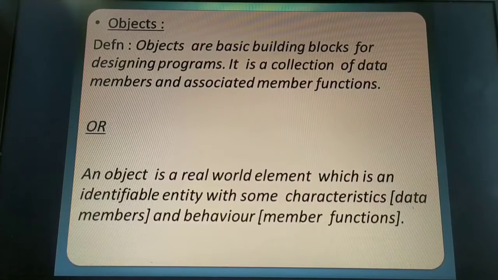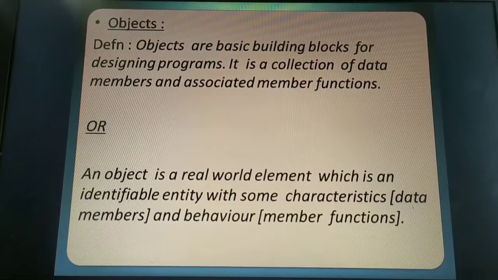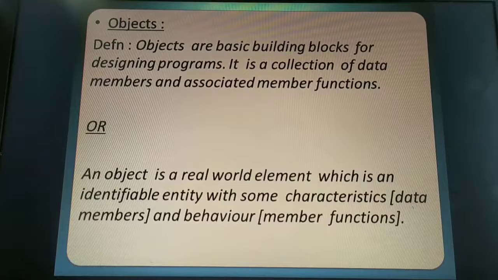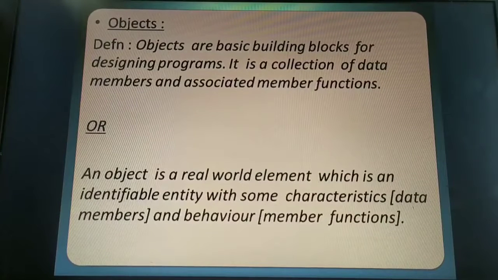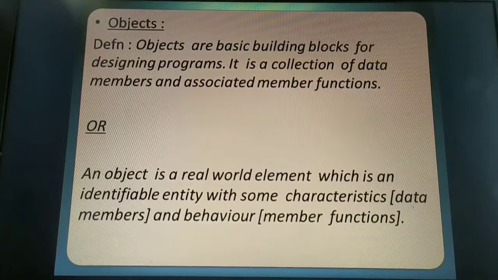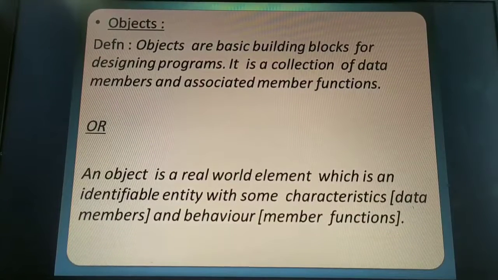Almost all the different kinds of cars will have these as common characteristics. Like all the cars have four wheels, all have a color, all have a price. Then its model, and in which year it has come into existence. So these are certain common characteristics that a car can have.